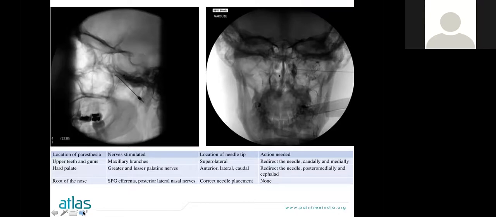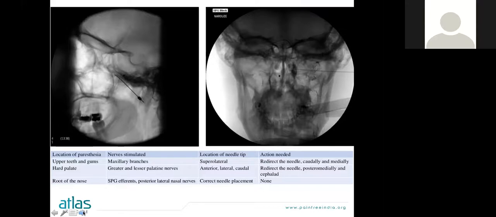So one complication which we're always worried about when we try to do the sphenopalatine ganglion is going through the orbital bone into the globe of the eye. And what we can do is we put in some local anesthesia to see if it can reduce the pain, and then it can relieve. This can be used for conditions like cluster headache, atypical facial pains, migraines, and sometimes even cancer-related pains too on